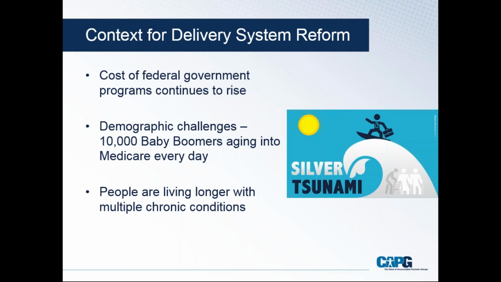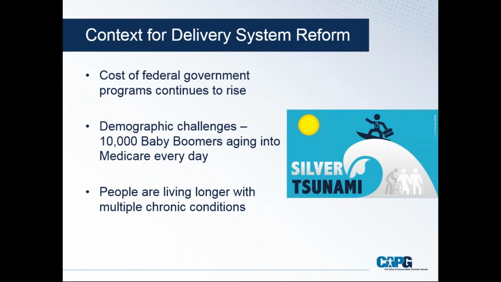These baby boomers who are coming into Medicare are also living longer. They have multiple chronic conditions. We just last week had a conference for CAPG where we had a senator from the Senate Finance Committee speaking, and he said Medicare was put into place at a time when the main challenge the program was dealing with was broken hips and broken knees, really crisis care. And now we are moving into a different set of challenges, where you have a bigger, older population with needs related to diabetes and other long-lasting chronic conditions that can escalate quickly if they are unmanaged.